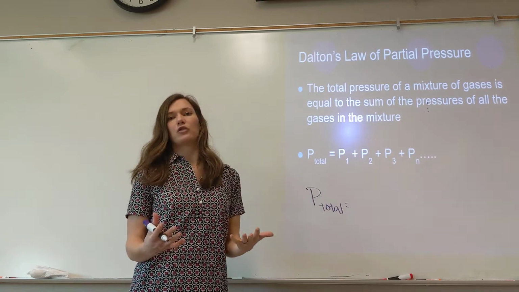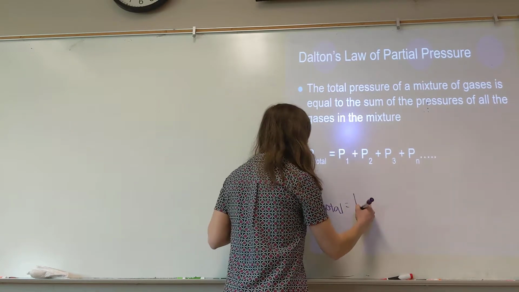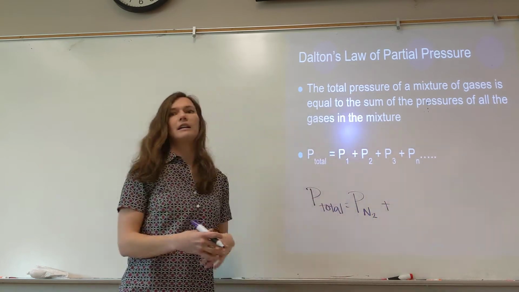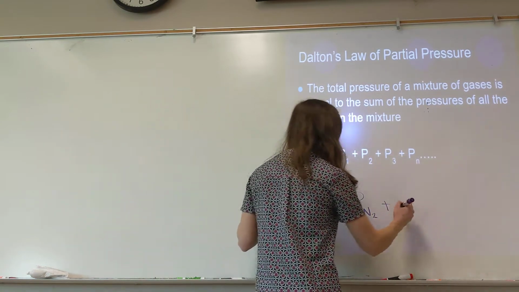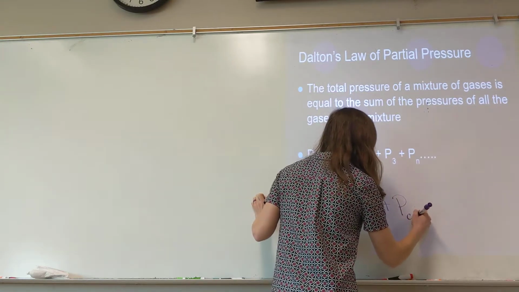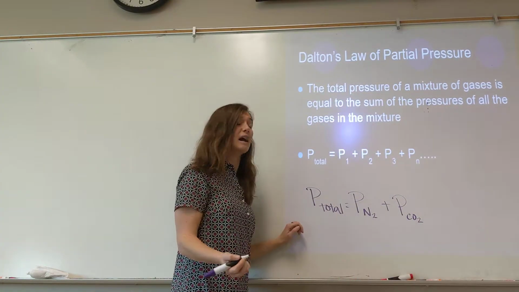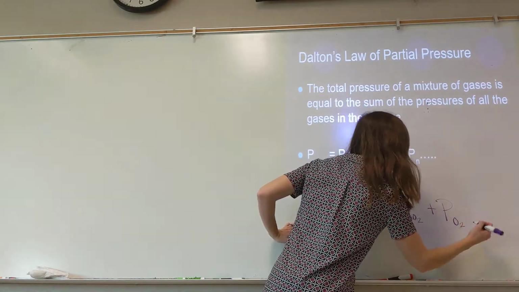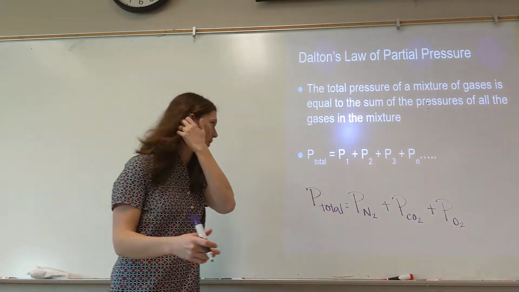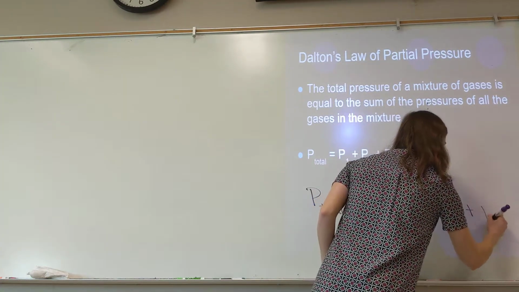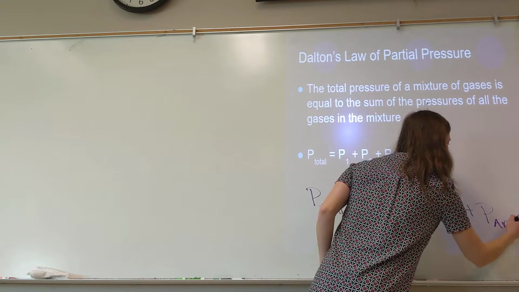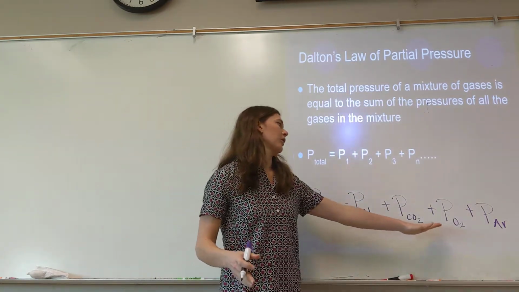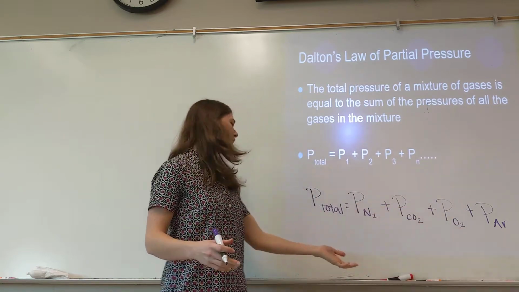So if I was finding the total pressure in the room, I would say P nitrogen because most of the atmosphere is made of nitrogen, plus I'm exhaling carbon dioxide, so I've probably got some carbon dioxide. So I'd find the partial pressure of carbon dioxide. Plus I have plants in my room, so I'd have the partial pressure of oxygen. They're giving off some oxygen. Plus I've probably got some argon in here, plus some other trace gases. Alright, so I would find the partial pressure of each one of those, add them all together for the total